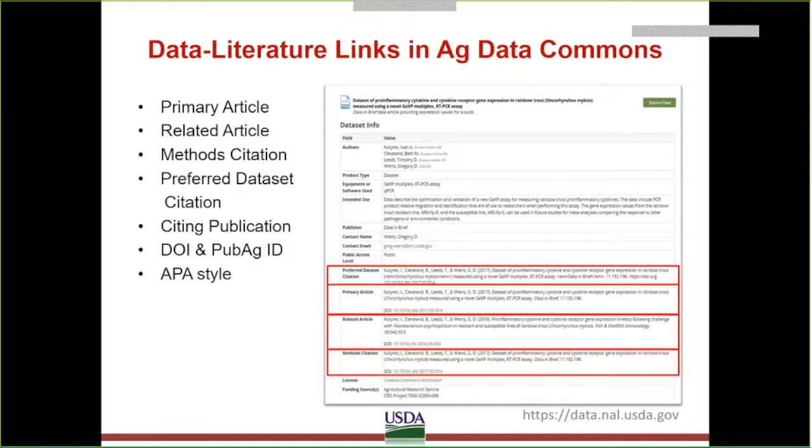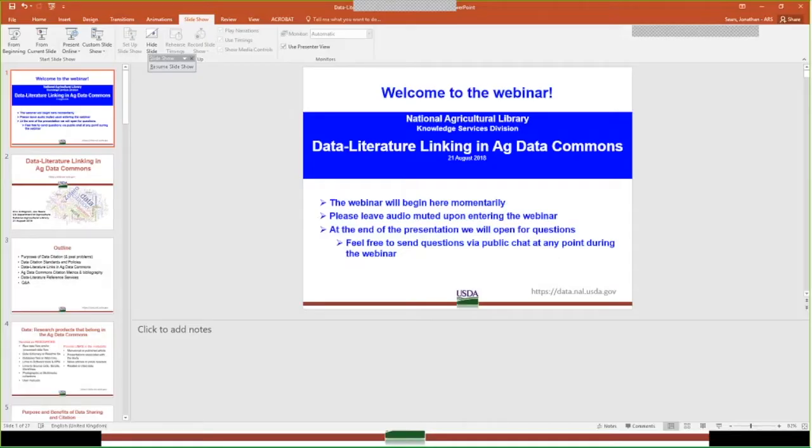And we also provide a link to the PubAg ID for articles in this database. I don't have one in the slide view, but